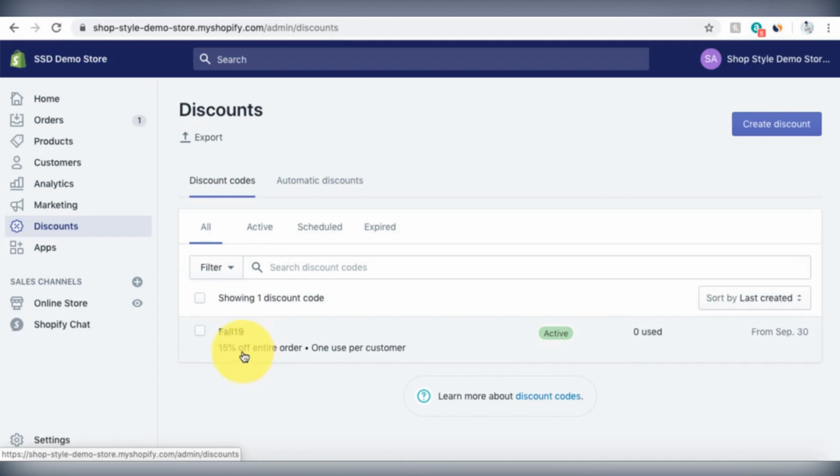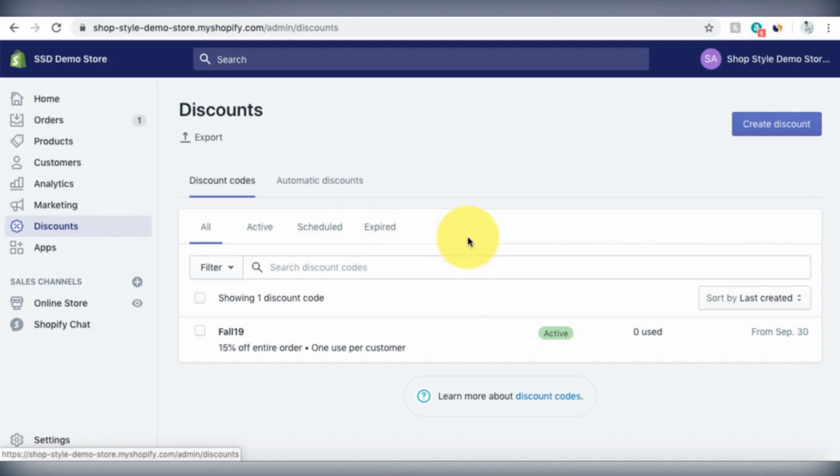And it'll give you kind of a quick rundown of what the discount code is and what it means. So in this case I created a discount code called Fall 19, which if it is used it will take 15% off the entire order, and it can only be used one time per customer, and we'll get into how that's tracked